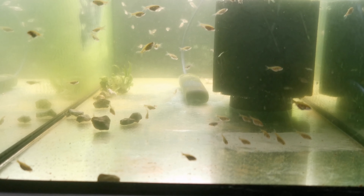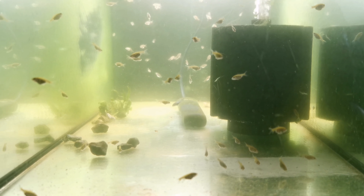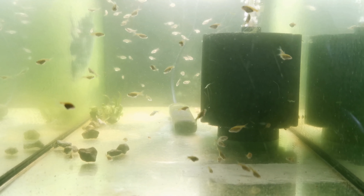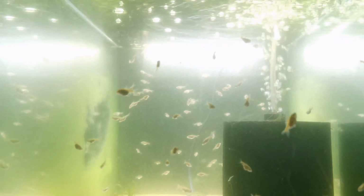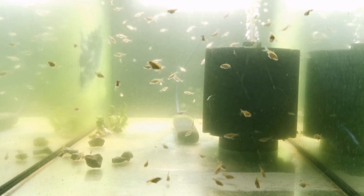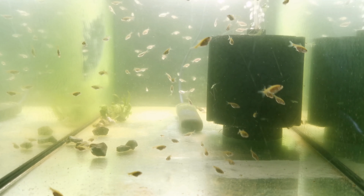She was huge yesterday, and today she's normal size. She was kind of floating a little bit funny, and just looked as if she had a bit of a morning. So I have a feeling she was, after releasing eggs, the guys were giving her a hard time this morning before I got up and fed them. So that'll be another 40-50 babies maybe, so that'll bring my grand total up to close to 200 at the moment,